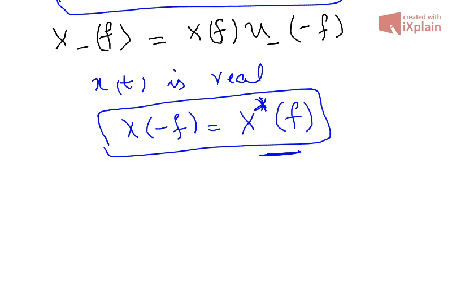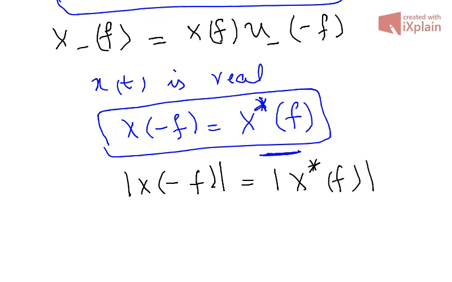And when we say it is same, we can rewrite it in this form. See, we say that the magnitude of x of minus f is the same as the magnitude of x conjugate of f, right? We say that the magnitude is same. So if the magnitude is same,